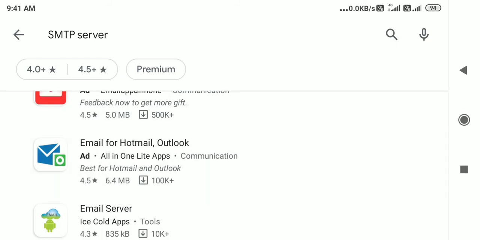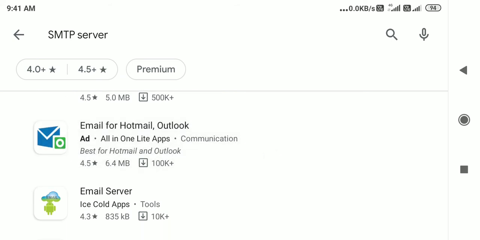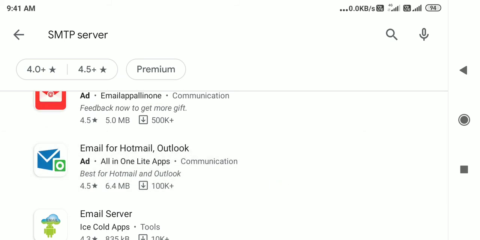Actually Hotmail and Outlook use SMTP protocols, or IMAP protocols. IMAP is a different kind of post office protocol. So there are three things: post office protocol, SMTP protocol, and IMAP protocol. IMAP is what you use if you want to do mail transfer over the internet. Most of Outlook and other things use IMAP only, because the latest version of all these things is IMAP. Some old protocols like POP are still being used.